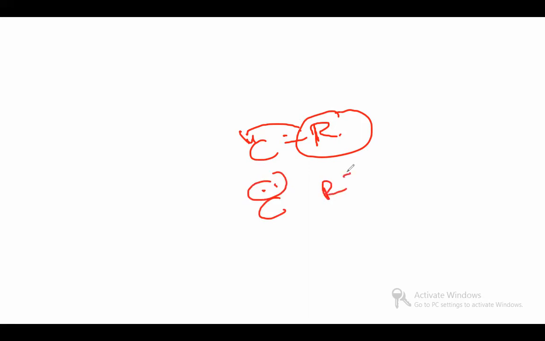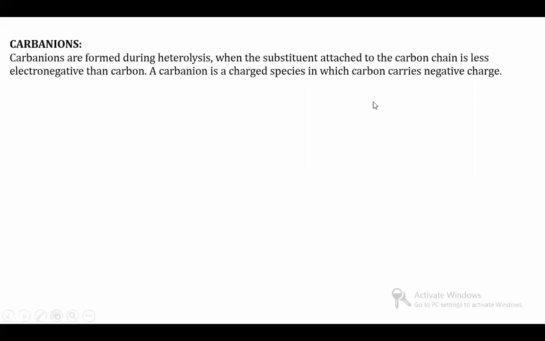If carbon has a negative charge, the other group has a positive charge. Then carbon acts as an anion. A negatively charged ion is called a carbanion, or carbon anion. Carbanions are formed during heterolysis when the substituent attached to carbon